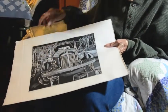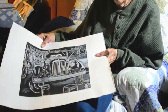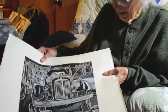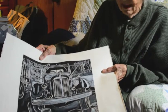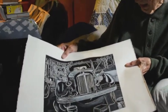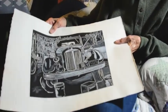Oh, is it a monotype? You did it on the plate? Okay, so these are monotypes. They're not actually your linoleum cut? These are monotypes. You do the plate black, and then you take that, like that picture that I showed you of yourself when you were a child,